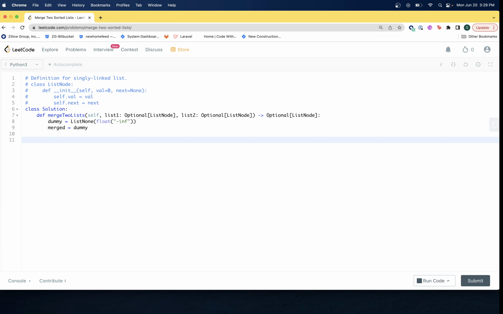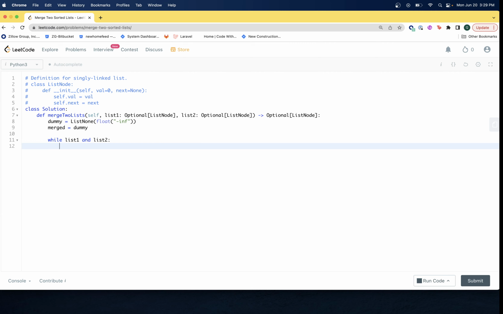Then we're going to do a loop while both of our lists are not pointing to None. So while list1 and list2, we're going to do something. While we're in the loop, we're going to compare list1